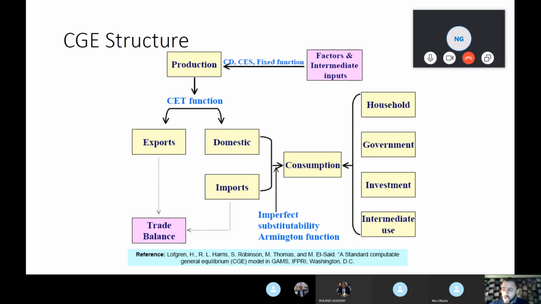A final note on this is related to the Armington function. Armington was an economist at the IMF, and in the late 60s or early 70s, he published a paper where he showed that goods coming from different origins are imperfect substitutes. Meaning that geographical origin will affect the good itself. Meaning if I import ready-made